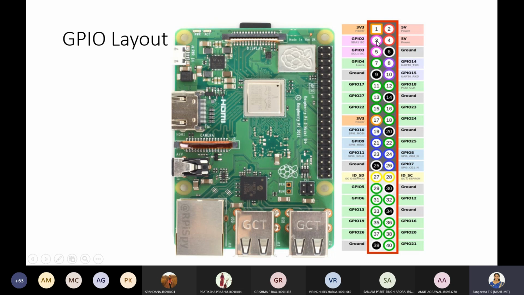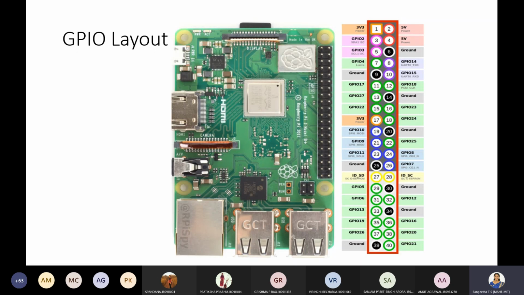Whereas if you see the pin number corresponding to GPIO board pin number 3, it is written as GPIO 2. This kind of representation is called the GPIO Broadcom numbering system. So either you can mention this GPIO Broadcom or BCM numbering system, or you can go with the GPIO board numbering scheme.